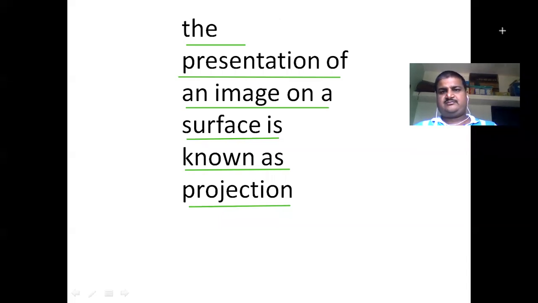Now my friend, we will move towards the first point, projection of a point. The first point of our discussion is projection of a point. Okay, so what do you mean by point? Can anybody tell me what you mean by point in your language? Because whenever we learn geometry, we start with the point. Okay, can anybody define a point for me, or you can tell me your opinion about the point? Please go ahead.